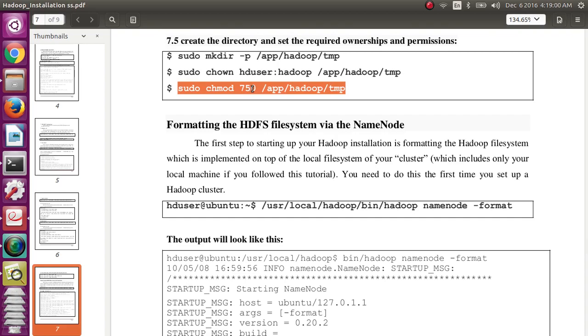So the owner has read, write, execute permissions on tmp, group members have only read and execute, and all others do not have any read, write, or execute permissions on tmp.